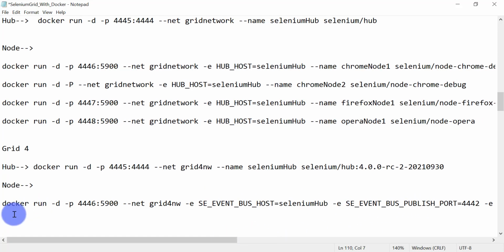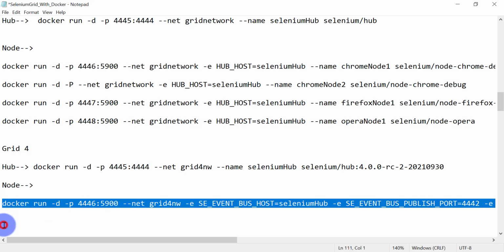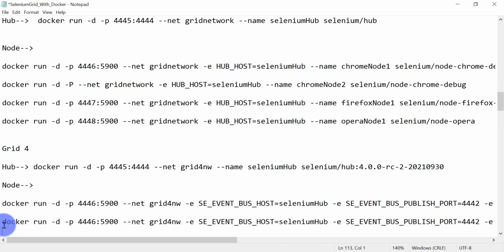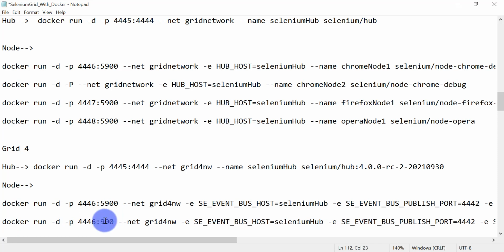So this command should create our first container, and the VNC service we will access through this 4446. Let me copy this command, and in this command we will map a noVNC port so that we can access that noVNC service from the browser on the host machine. Only one change we will make here. Instead of mapping 5900, I am going to map 7900. This is the default port for the noVNC service. Inside our Docker container, when we create it, the noVNC service will run at this port number.